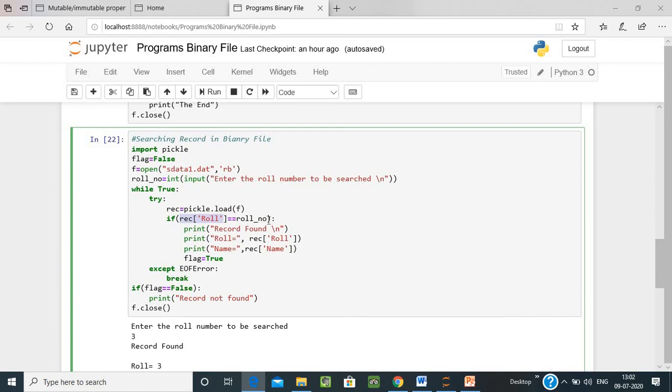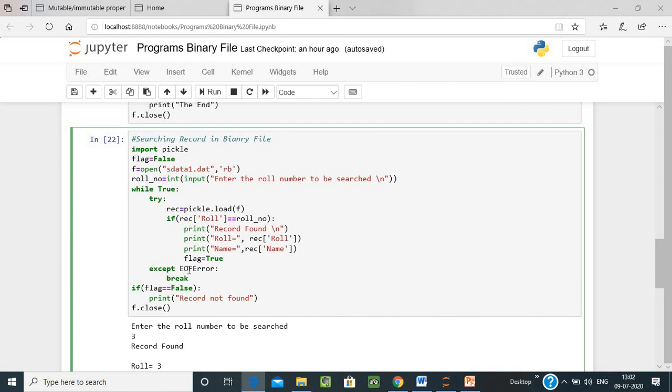If the condition is true, then we print here record found, and also the related information, meaning roll number equals record roll number and name equals record name, and flag becomes true. Now we have changed the status of flag from false to true because the record is found.